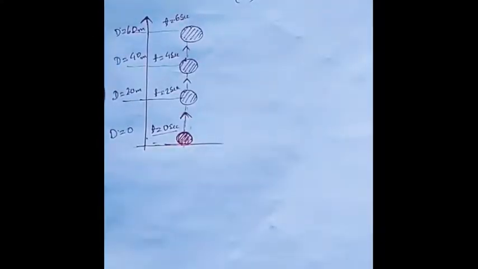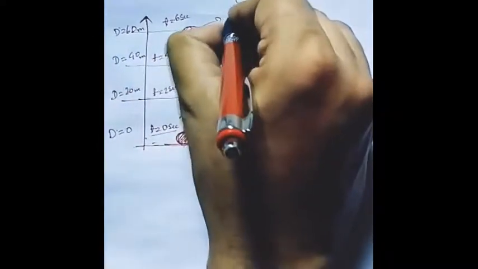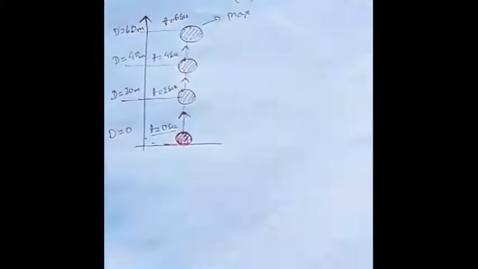When the time is 4 seconds, the displacement is 40 meters, and when the time is 6 seconds, the displacement is 60 meters. So this is the maximum height the ball reaches before it comes down, and now the ball is coming down,